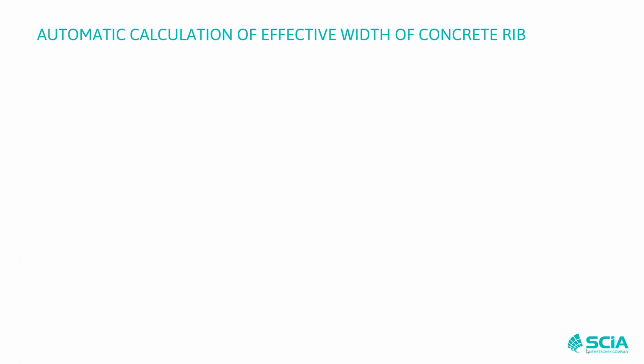The third is the automatic calculation of the effective width of a concrete rib. We have been thinking about how to automate routine tasks and be more efficient in the workflow. We already started several years ago with composite structures, where we implemented the automatic calculation of effective width. So we decided that we will do the same